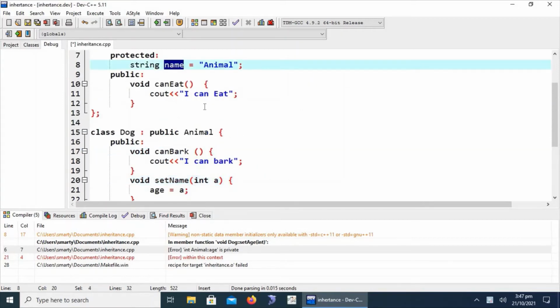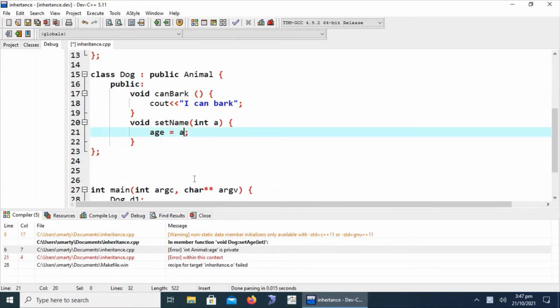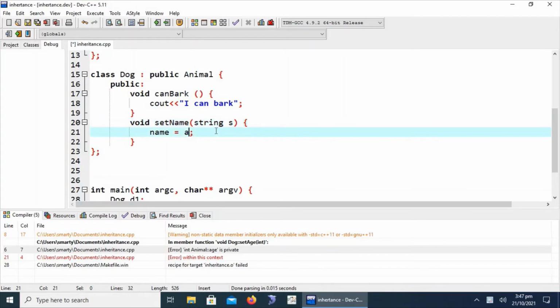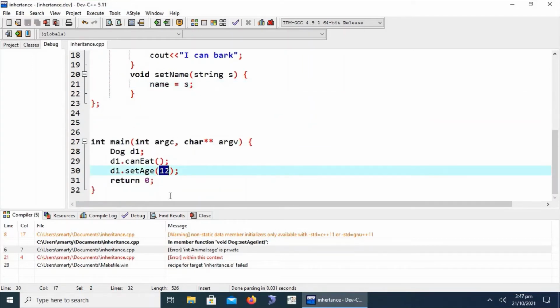We are going to change the name to puppy.